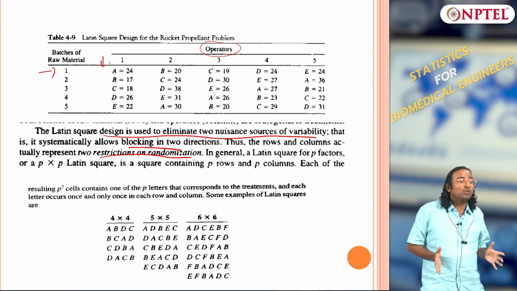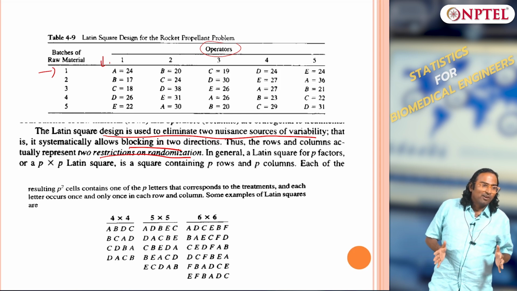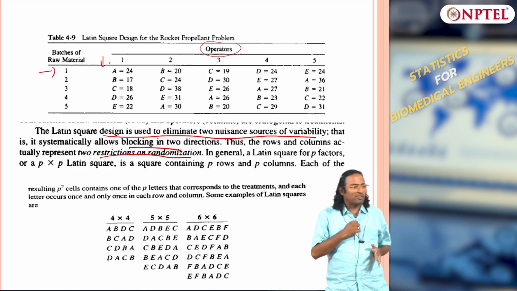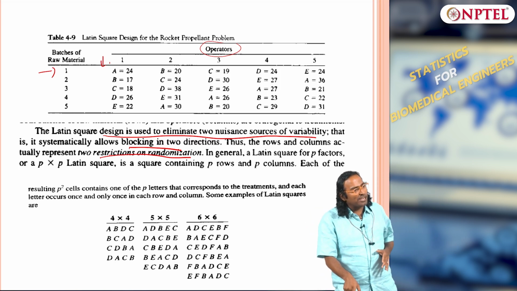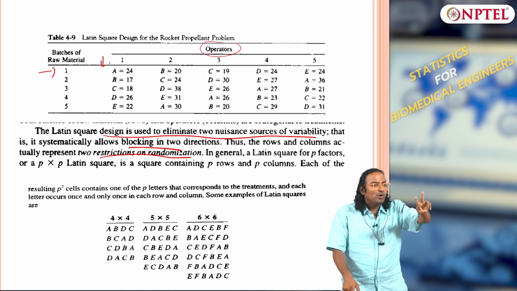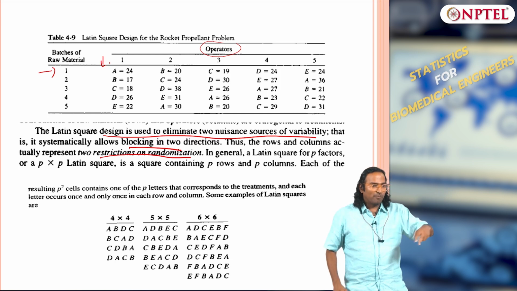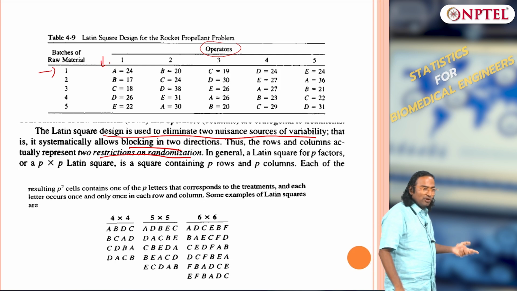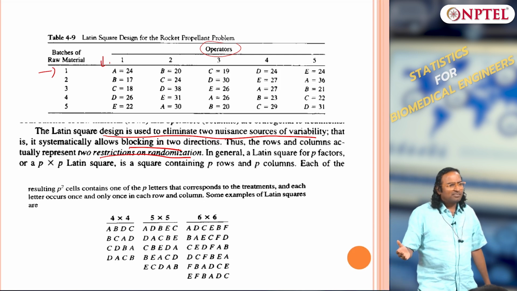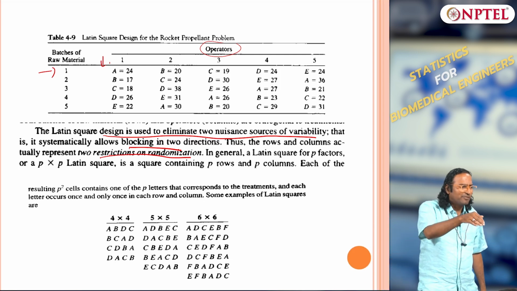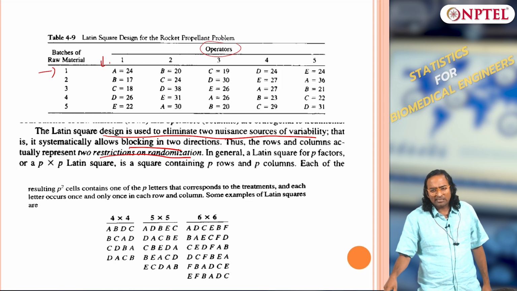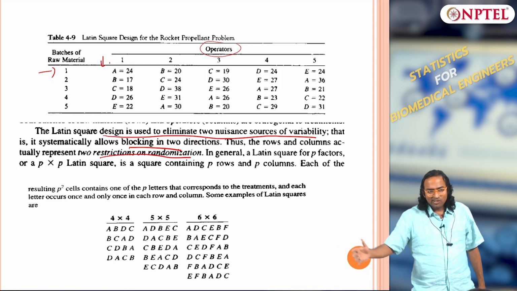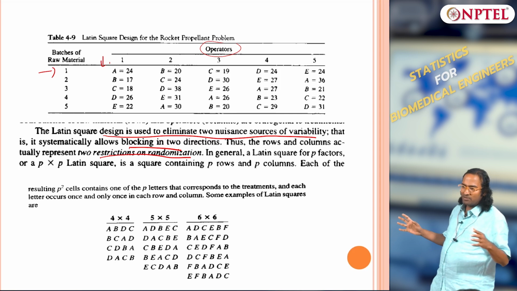I have 2 nuisance factors, okay. In one way ANOVA it is only 1 treatment, 1 factor which is of interest. Still I am interested in only 1 factor, but I have 2 nuisance factors. So my nuisance factors instead of 1 have become 2. You can do the same for 2 factors which are of interest. You can consider 2 factors as interest and 1 factor as nuisance, right. So this expands your possibilities.